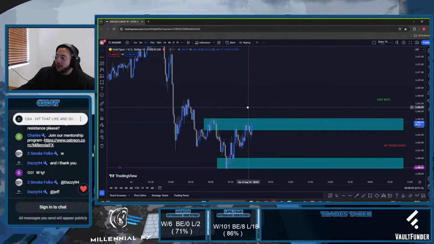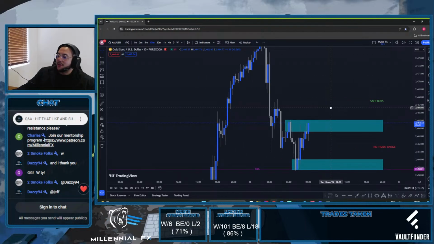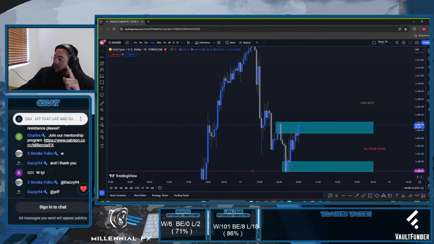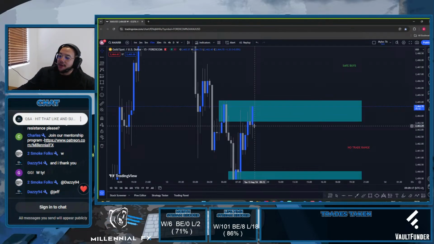We don't have a 15 close, but if this 5-minute closes outside the range, I'll be comfortable in taking the position because of this one confluence only, and this is the fact that the 15 has broken the previous 15 low, which shows me that this could have been price grabbing liquidity. So if price can close with a 5-minute above this area, I will take those longs aggressively in anticipation that this was price popping down, breaking lows to grab liquidity, now trading above the level for price to drive. That's the only way I'll get in before a 15 close, is if the 5 can start closing above that level.